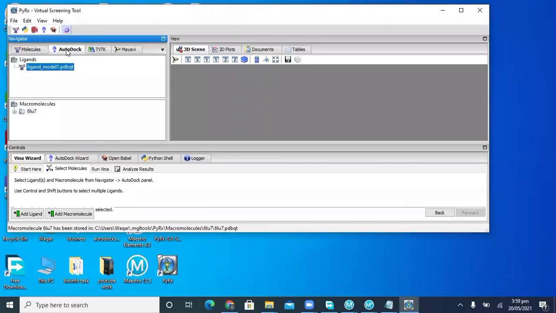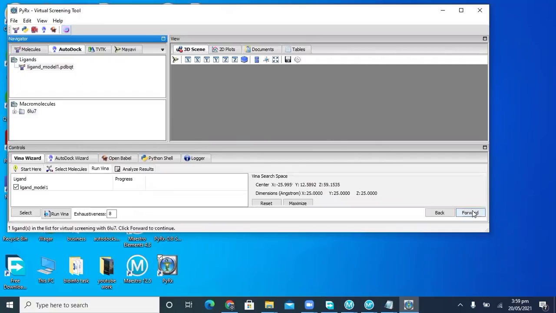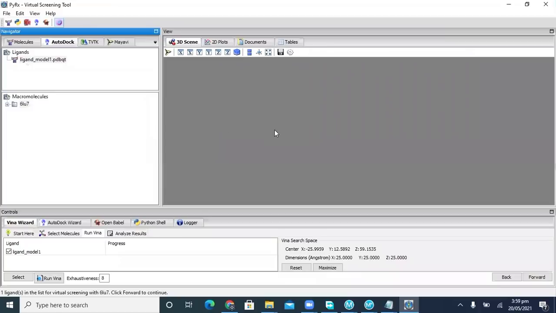Again, click on Autodock, and by the same procedure that we did, click on protein first, then ligand, and forward. The structure is not showing due to software mishandling.